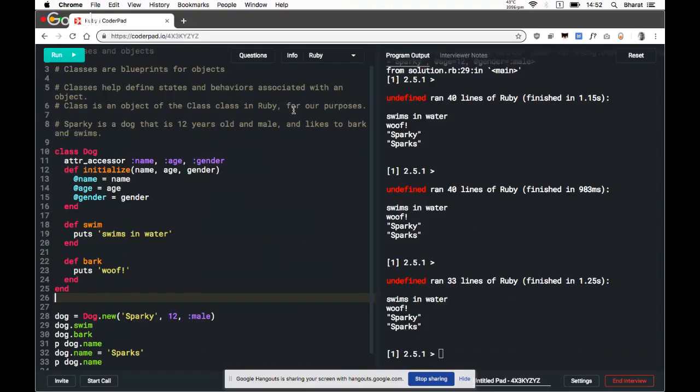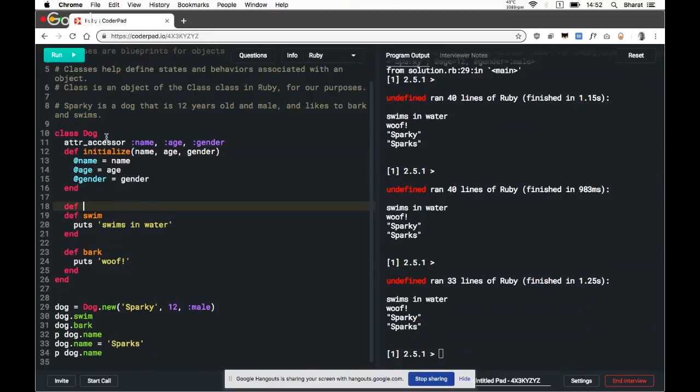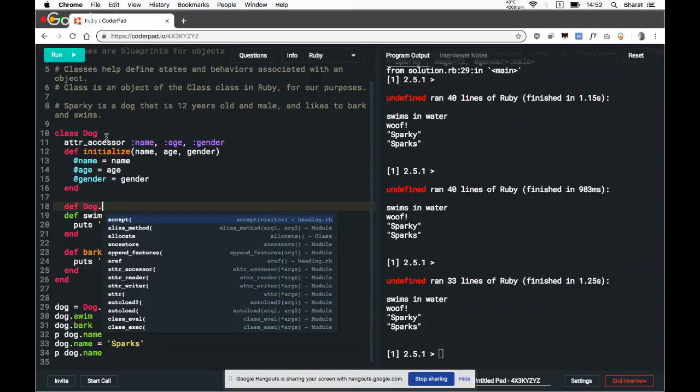Okay, instance and class methods. So all of these methods that we're using here, such as dog.swim, dog.bark, dog.name, are being called on an instance of this class. If we wanted to call a method directly on capital Dog, we would define it with the self keyword, or you could even do, let's say, this.